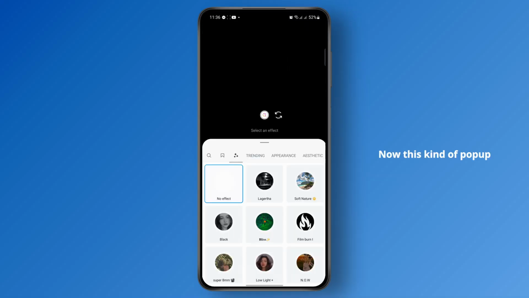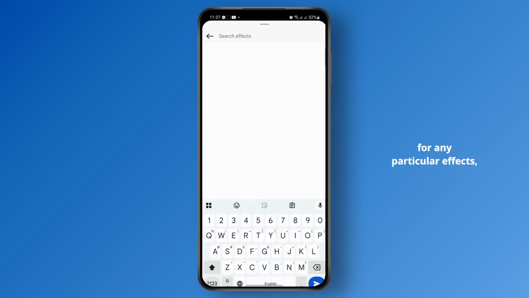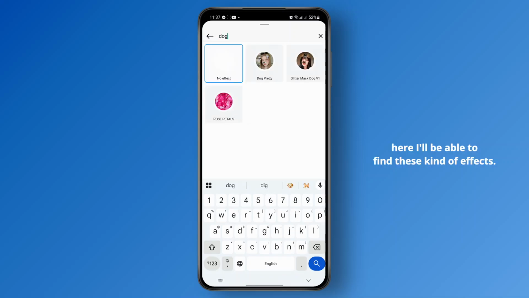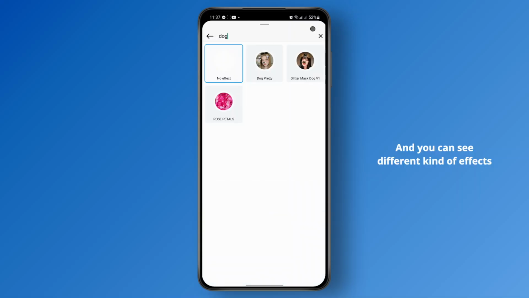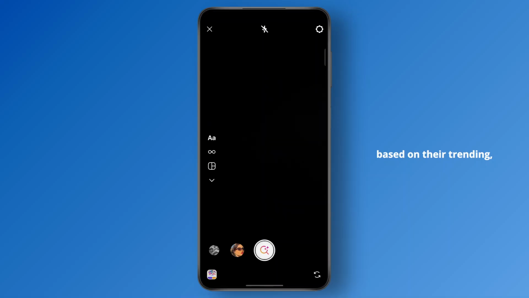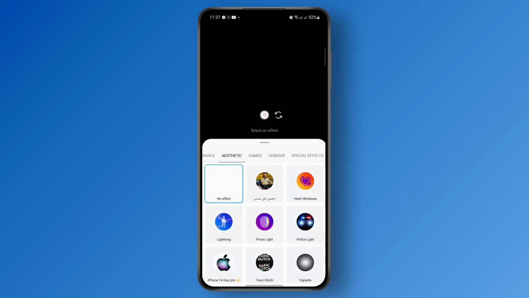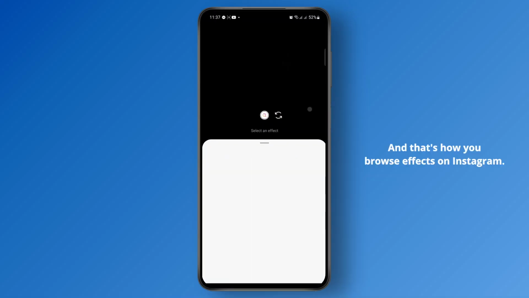Now this kind of pop-up will be shown on your screen, and if you want to search for any particular effect, so let's say I just want to search for a dog filter, here I'll be able to find these kinds of effects. And you can see different kinds of effects based on their trending, appearances, aesthetics, games, humor, and many more. And that's how you browse effects on